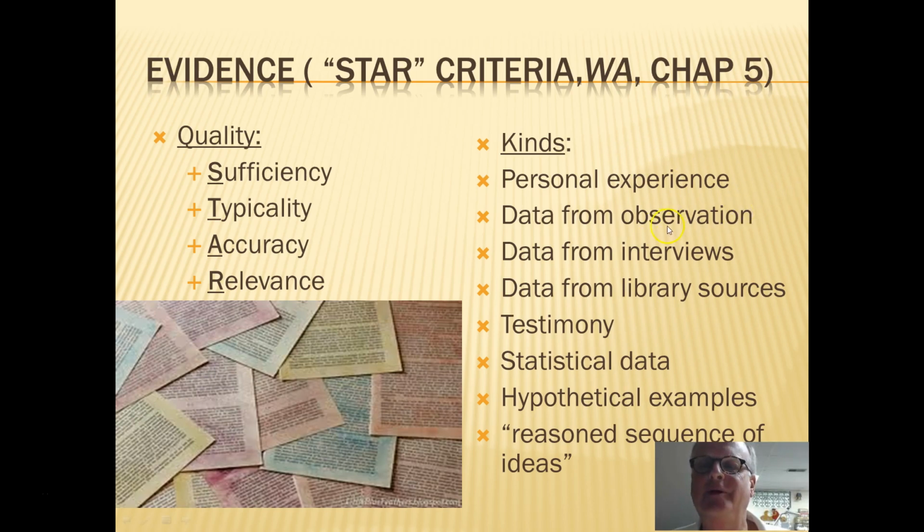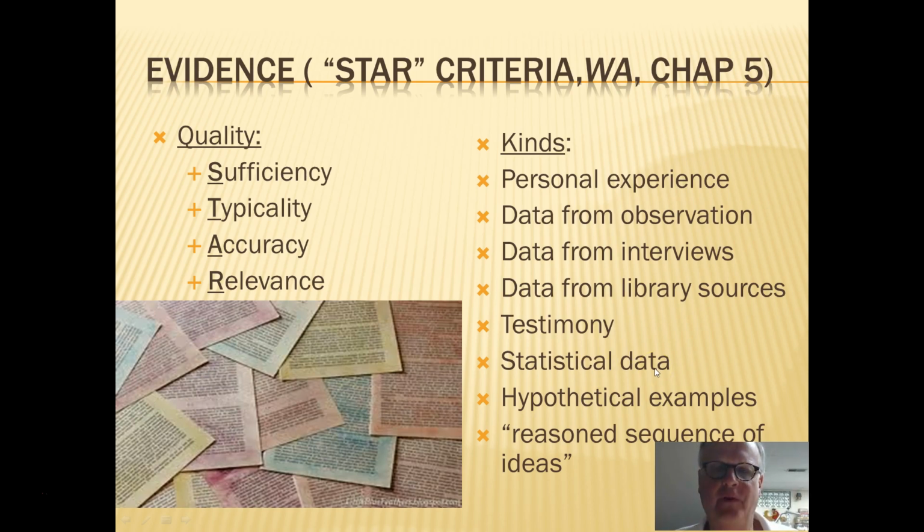Other kinds of evidence might be data from observation. This could be from experiments that you've done. It could be experiments that other people have done. It could be studies. Interviews, you can interview experts, and that's one of the categories, of course, on your annotated bibliography, is that an other source could be someone you feel is an expert. Library sources, these are the articles that you found from databases, the articles that you might have found online, Googling around. You can look for testimony, and this could be by somebody who's experienced. It could also be a story or a narrative report done by a group of scientists over a particular issue.